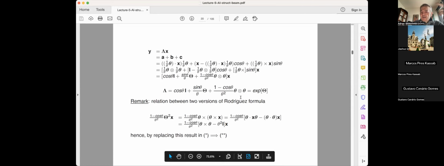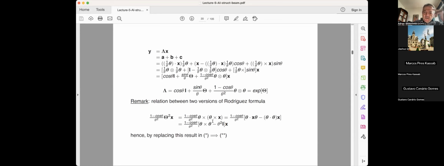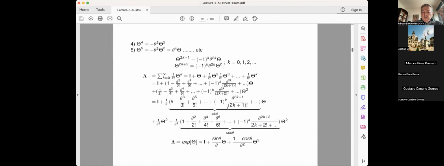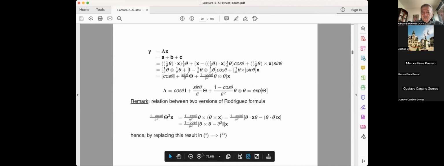And basically here you have a tensor theta. But you can again appeal to this double vector product identity and show that (1 minus cosine theta) divided by theta squared times x is the same as (1 minus cosine theta) divided by theta squared, theta cross theta minus theta squared identity x. And so starting from this one that you have here, using this identity, you can recover the other exponential mapping. So either way you do it, what you have here is a skew-symmetric tensor connected to